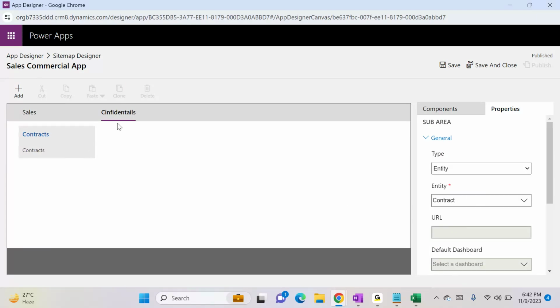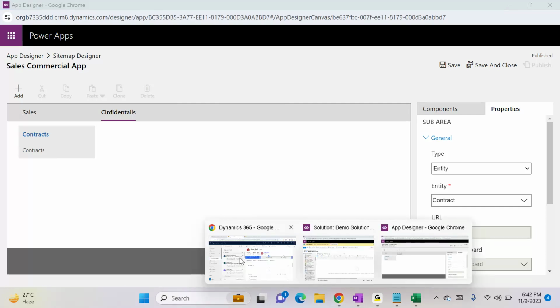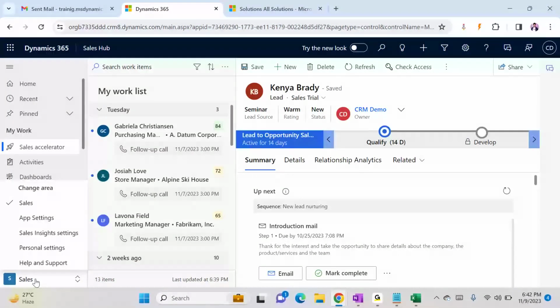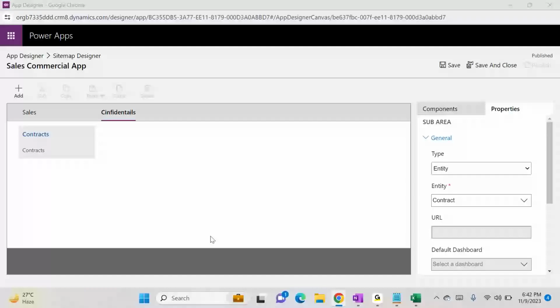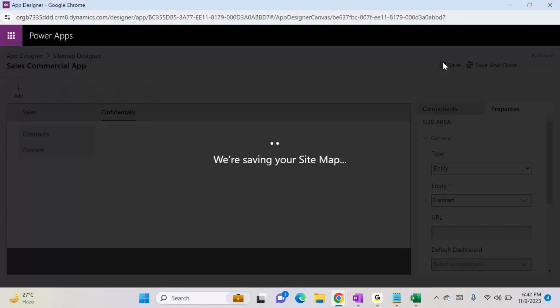This is how we can create multiple pages, multiple areas, multiple groups, multiple sub areas. Okay, clear? What is the area? This is the area. Sales is area. App setting is one area. Under this, my work is one group. Customer is one group. Under this, we have entities as sub areas. Right? Now we'll just click on save,